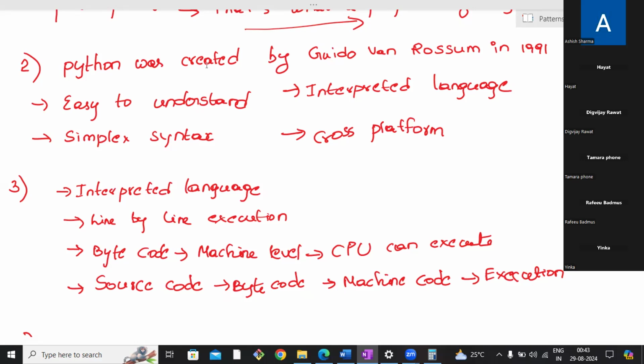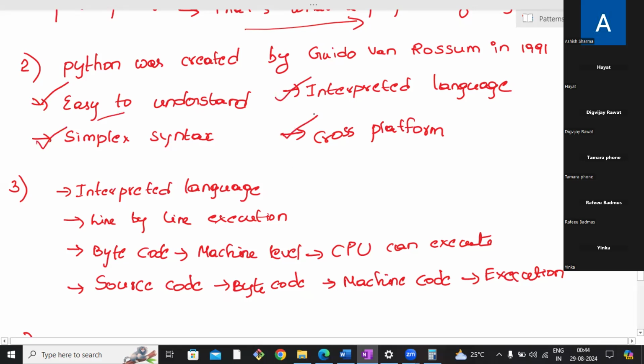Everywhere, whatever you see online, the websites, the AI tools, you have seen ChatGPT, right? I think you guys are familiar with ChatGPT. Even ChatGPT has been built on the programming language called Python. Okay, so that's how it is very easy to understand. Even if you don't have any computer science background, if you are a non-technical person, Python is going to be very easy for you to understand and learn. Because of that syntax, readability. These are the properties of Python: easy to understand, simple syntax,